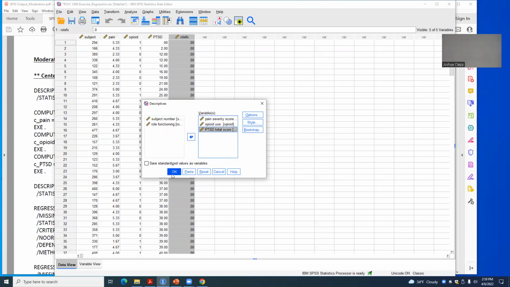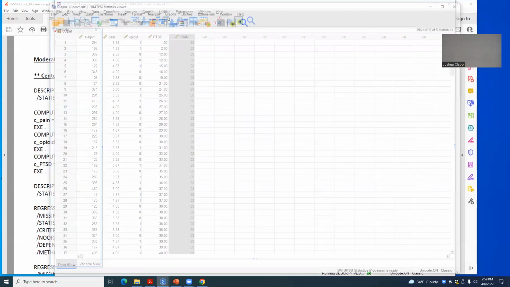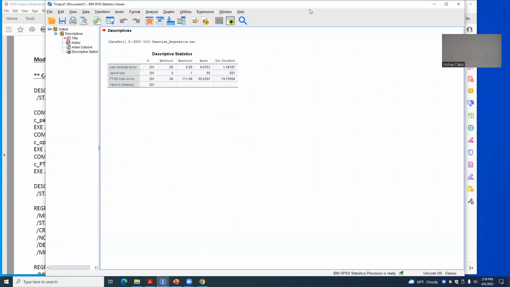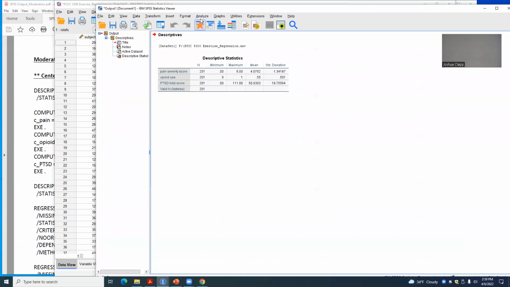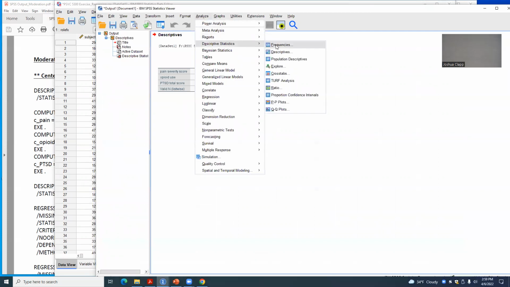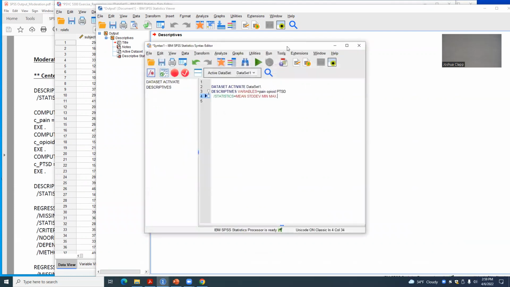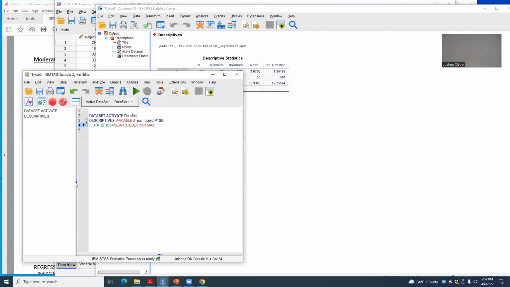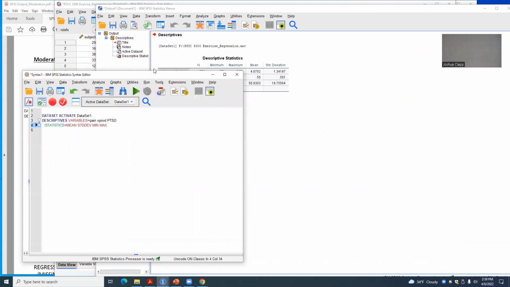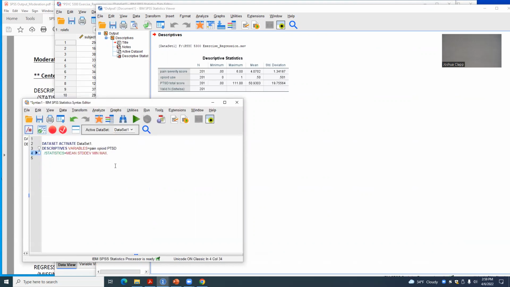And then I'm going to paste, and I'm going to go ahead and run this. Okay. And it's going to go through and give us our means and our standard deviations, our descriptives. Okay. So now I'm going to say, all right, I want to calculate centered variables off of this. Okay. So I'm going to go say